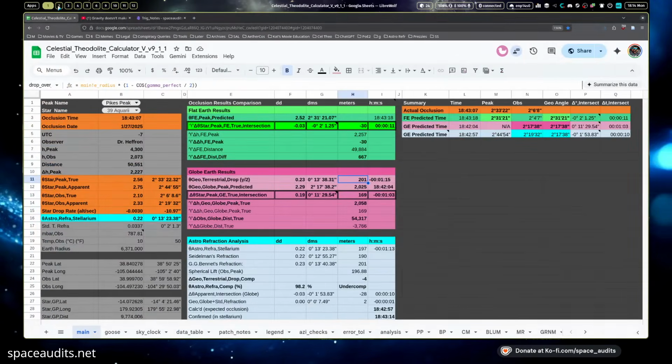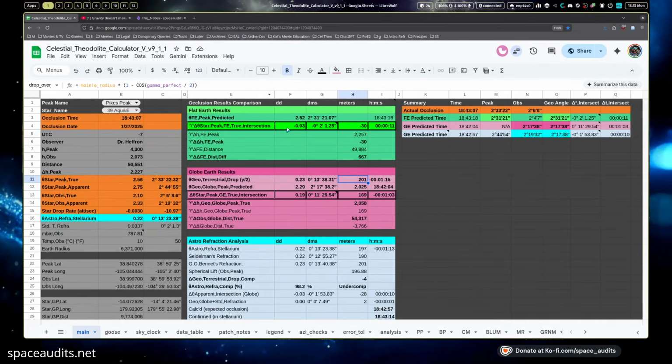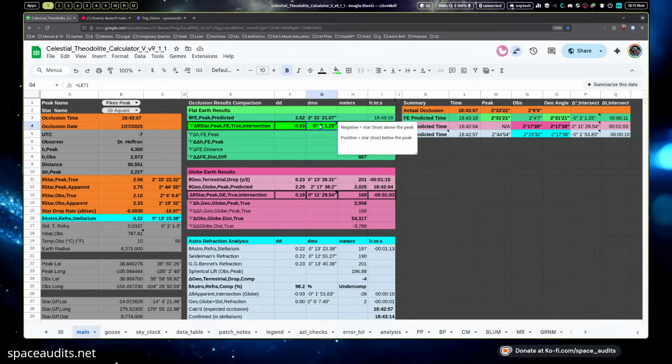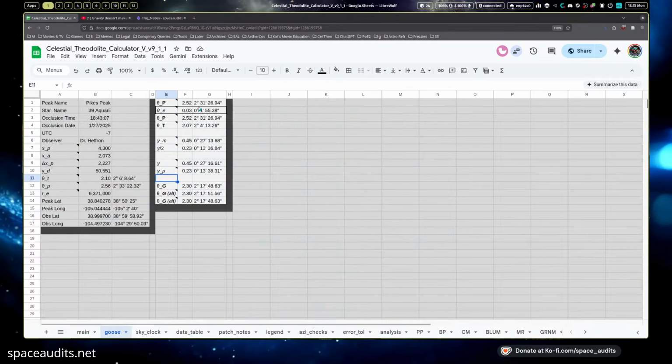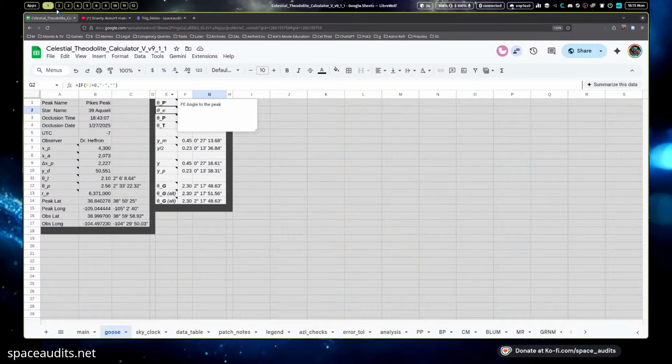Now, there's a small difference, like I said, from using arctan rise over run or whatever. So on the sheet, it comes out to 2 for the offset, but following what Goose did, it comes out to be 1 degree 55 arc minutes, like it shows in the thing. So this is a new tab that was added called Goose, and this follows the notation that Goose used to derive everything. As we go through the document here, we're also going to look at the